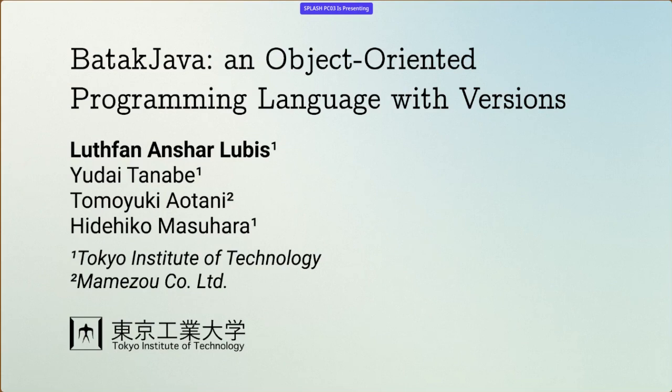My name is Lutfan. I'm from Tokyo Institute of Technology, and on behalf of my other co-authors, I'll be talking about our paper, BatakJava, an object-oriented programming language with versions. In this paper, basically, we propose a language that allows the use of multiple versions of a class in the same program while maintaining type safety, with the objective of trying to solve some forms